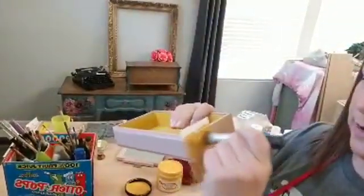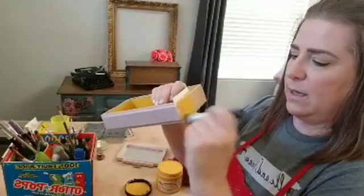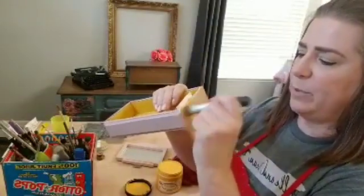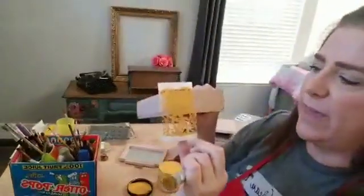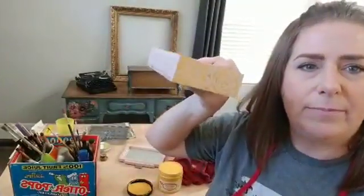I'm going to keep this one, you guys. I like to have these as sample pieces to show customers different finishes. You know, when they come to talk to me about a full-size furniture piece, I could show them a miniature